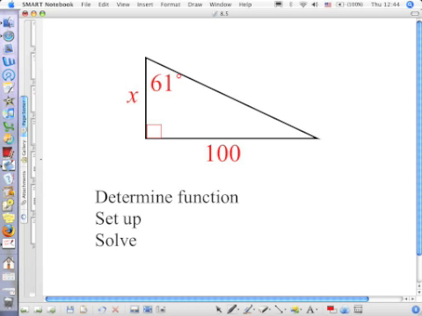All right, in this one, what would theta be? 61. X would be